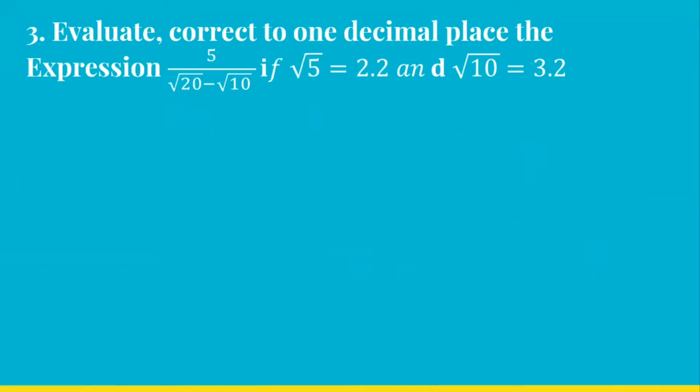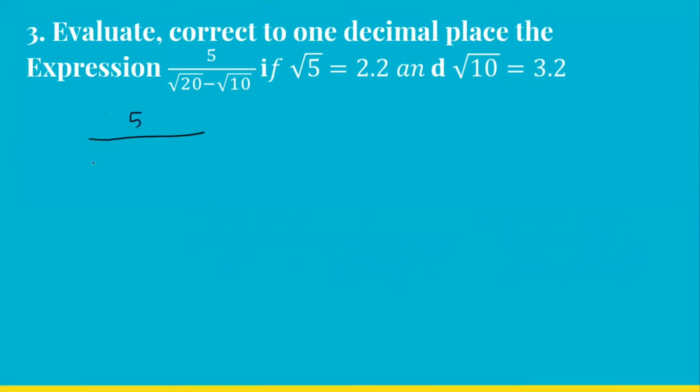Evaluate, correct to one decimal place, the expression 5 upon root 20 minus root 10, if root 5 is given as 2.2 and root 10 is given as 3.2. Now let us simplify here. So we have 5 upon